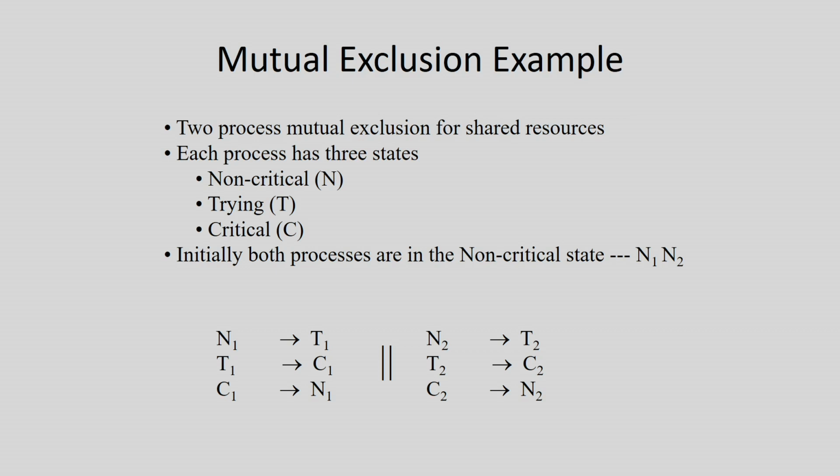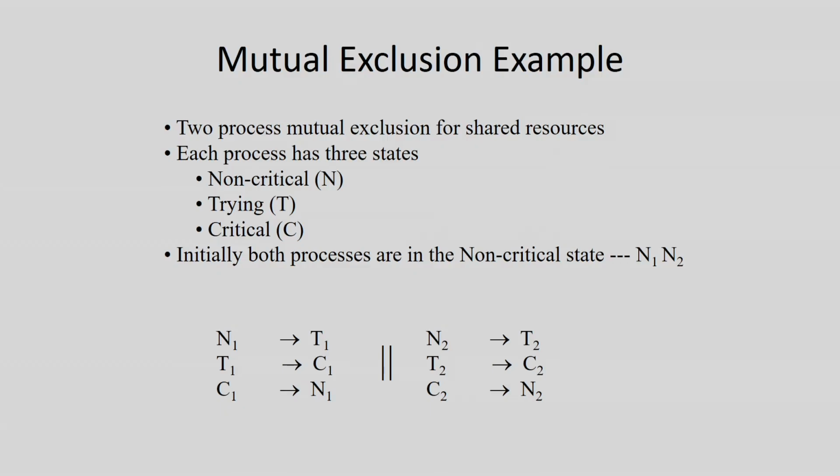Trying is a state where the process is trying to enter the critical region, because if I need to access the shared resource, I am going to try for it, but if somebody else is using it, I am not going to get it immediately. So, I will just try to access this particular shared resource. At that point, I will say that the process is in the trying state. And finally, the critical state. Once the process is accessing the shared resource, we say that it is in the critical region. So, every process can have 3 different states. And what are the possible transitions that we have?